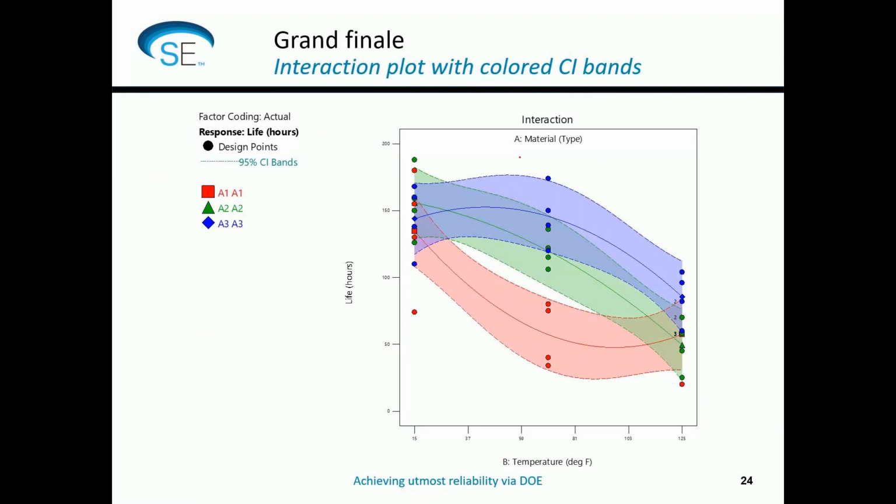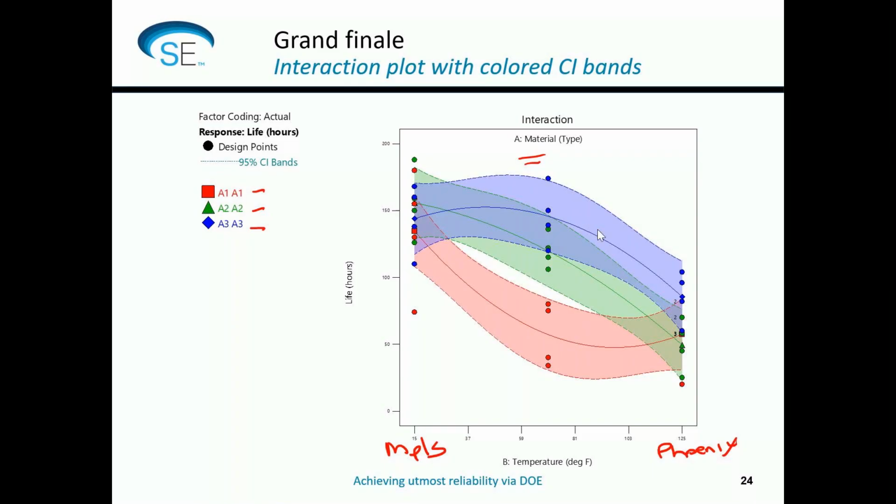material on a battery, which can be either material A3, which is this kind of purplish color, material A2, or material A1, will affect the life of the battery in hours, but it depends on the temperature. So if you're down in Phoenix, Arizona, that's one thing. And if you're in Minneapolis, that might be another thing as far as how your battery is going to last. And surprisingly, the batteries seem to last better at lower temperature, or maybe not so surprisingly. So depending on where you're located and what the temperature is that the battery is going to encounter, you see